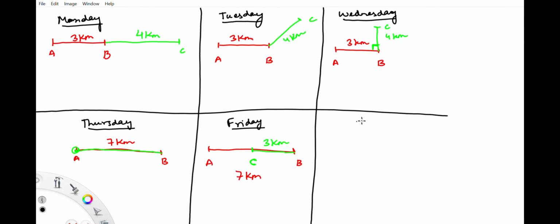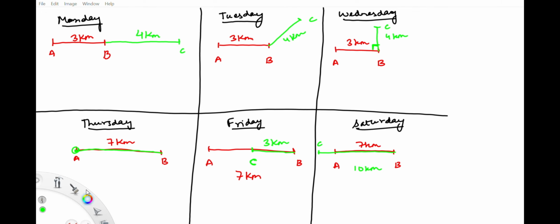Alright, let us look at our last case of Saturday, because Sunday the driving instructor said I need a break. So on Saturday this person starts off from point A, goes to a point B, again this path length is 7 kilometers, and from point B this person moves back to point C, and this path length from point B to point C is around 10 kilometers, let's say.